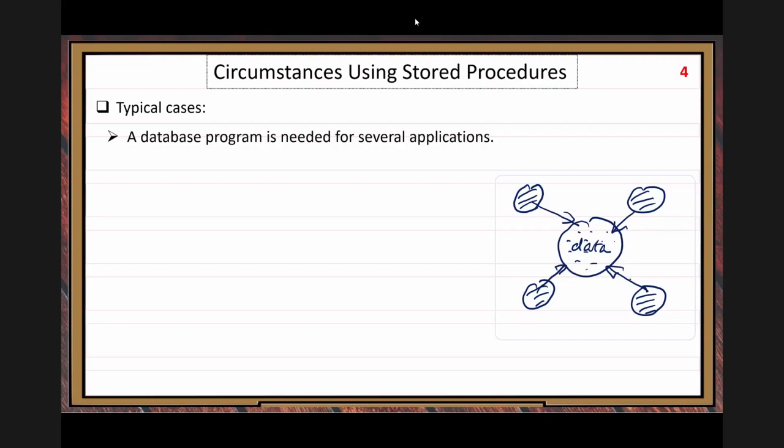So a database program is needed for several applications. That's common. Because so many different servers, so many different applications, need to call the same database program. That's possible. Okay, the several applications could be